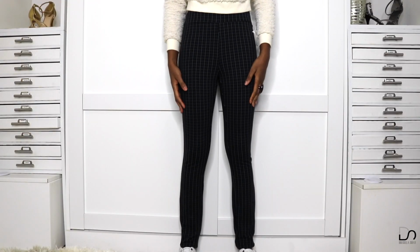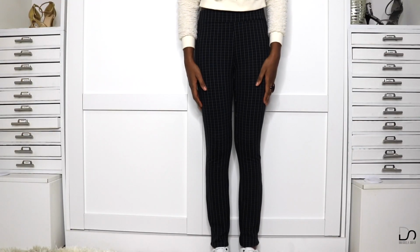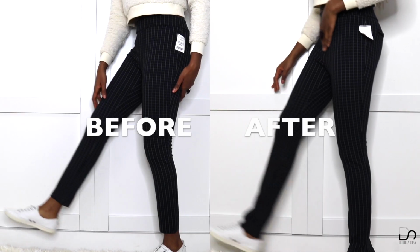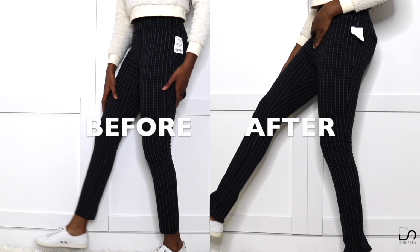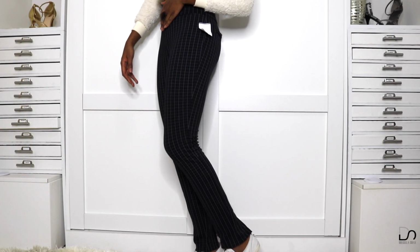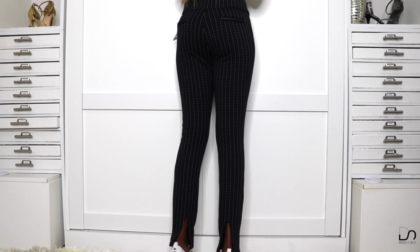Alrighty guys, now here is the final product of my pants. And if you're wondering how the back slit looks,